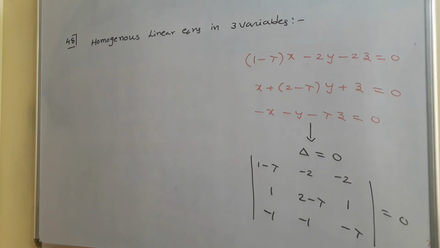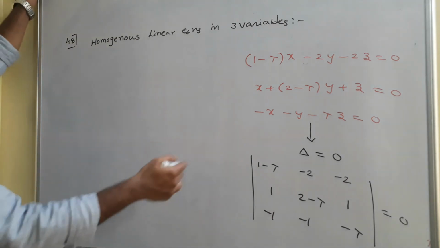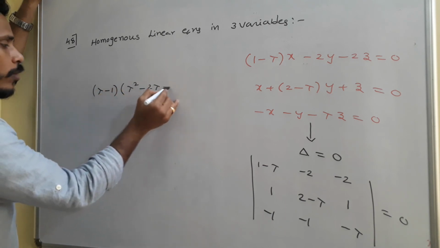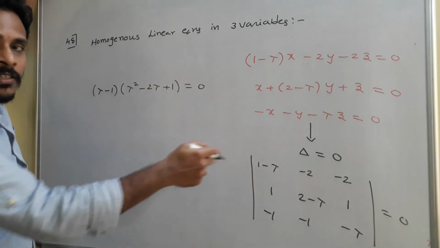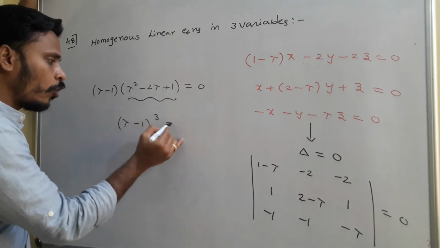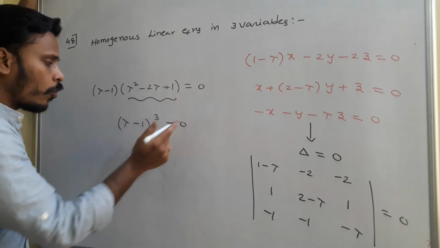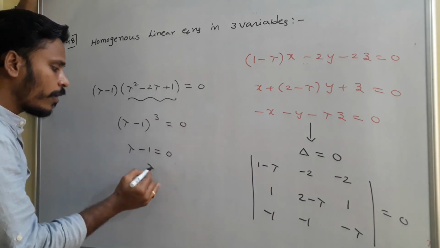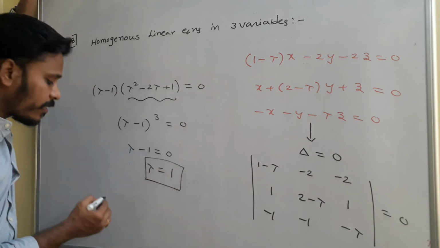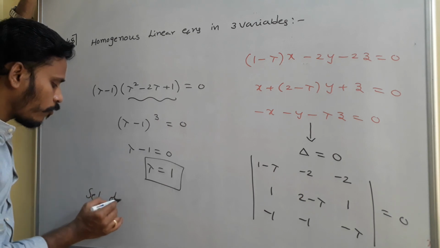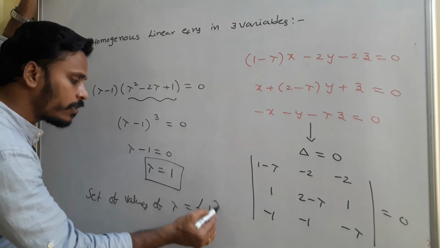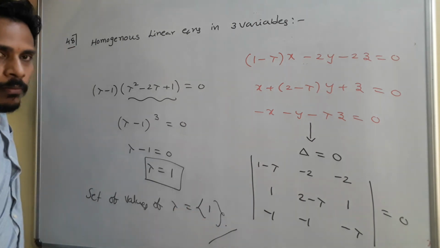If you find its determinant, on simplification completely, you will get lambda minus 1 into lambda square minus 2 lambda plus 1 is equal to 0. Just on simplification I am writing. Again this is lambda minus 1 whole square. You will get lambda minus 1 whole cube is equal to 0. See, lambda minus 1 whole cube is 0 in the sense lambda minus 1 is 0 and lambda is equal to 1. There is only one possibility for lambda. So at the end, the question is asking us to find the set of values of lambda, and the set of values of lambda is simply the set containing 1. There ends the problem. Okay, just have a look.